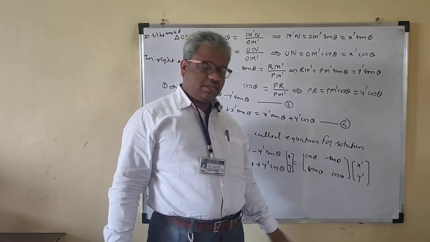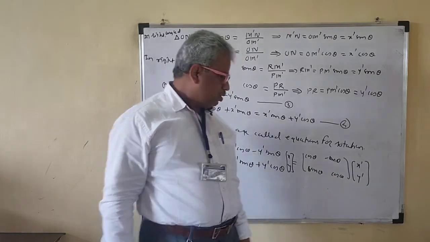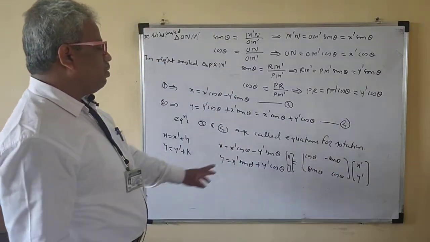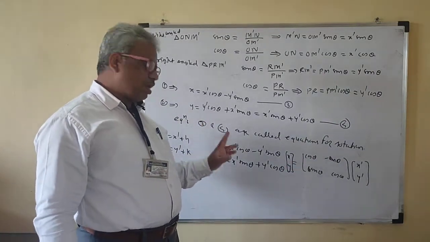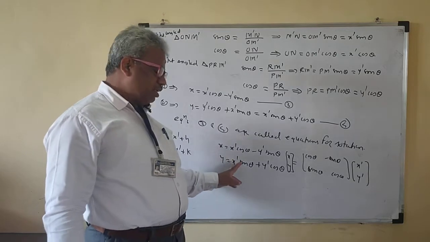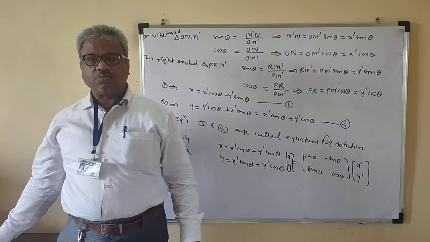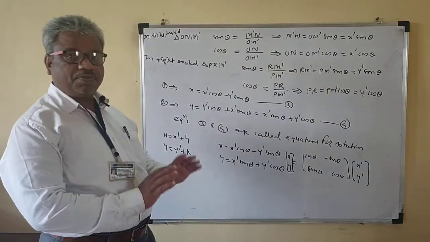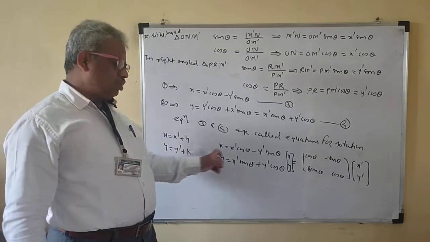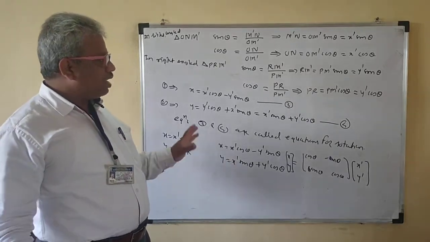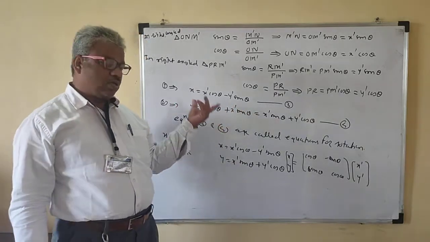Okay. So note where the minus sign is and where it is not. This is easy to remember. The formula is very important. So x is equal to x prime cos theta minus y prime sin theta. y is equal to x prime sin theta plus y prime cos theta. Without the formula, you cannot solve any problem on it. You should know these two formulae. This chapter is based only on these two formulae. Okay. So I hope you understand how to prove these equations for the rotation.